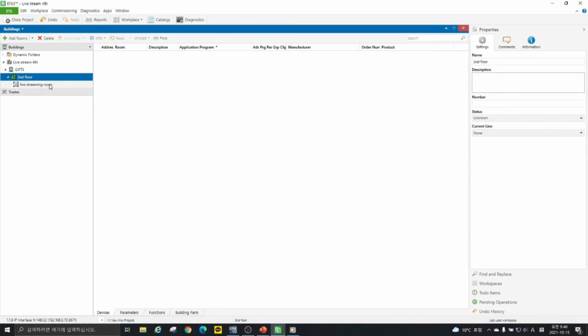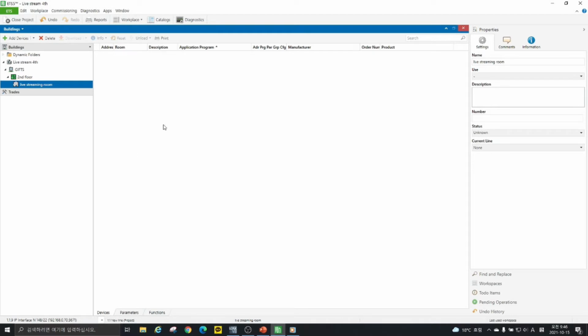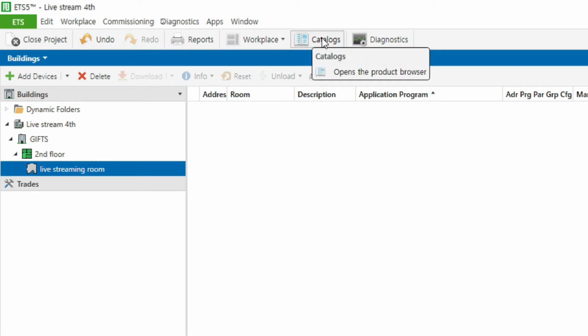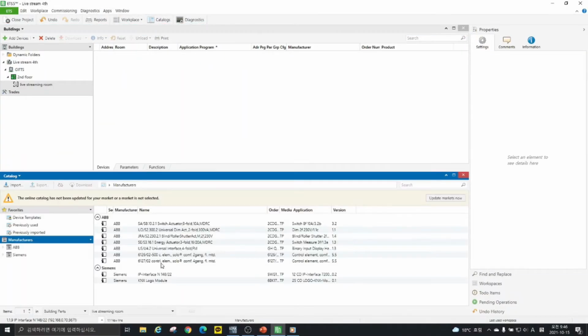자, 만든 다음에 이 라이브 스트리밍 룸을 더블 클릭하게 되면 우측에 이제 실제 장비들을 업로드를 해줘야 됩니다. So after that, if you double click the top of the live streaming room, you can add the actual components. 그래서 여기 보시면은 상단에 카탈로그라는 걸 누르시게 되면은 밑에 쪽에 해당 장비들의 리스트가 뜹니다. So to perform this task, if you click the catalog button, you can see the list of all the